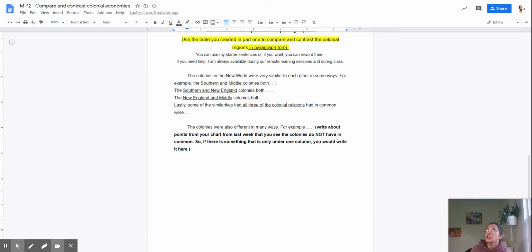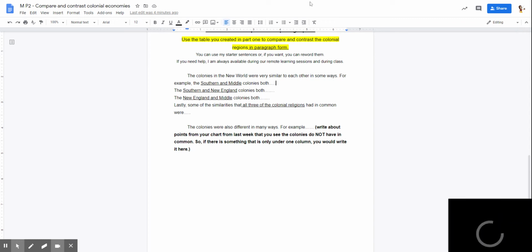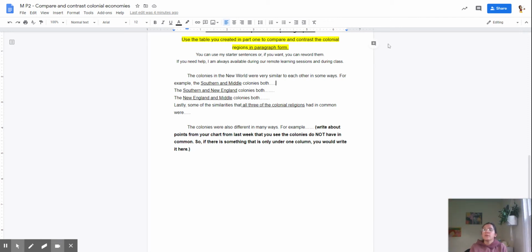So if you look back on your chart and what you see is under southern colonies and middle colonies, they both had similar, maybe they both have similar types of farms. Okay, that's a hint. They both have similar types of farms. So when I write, for example, the southern and middle colonies, both, I'm not going to say have similar types of farms. I'm going to say